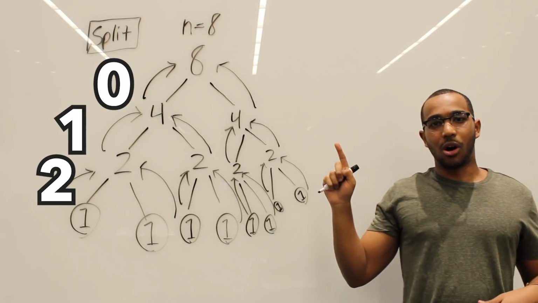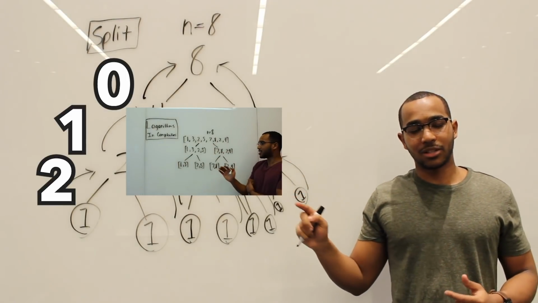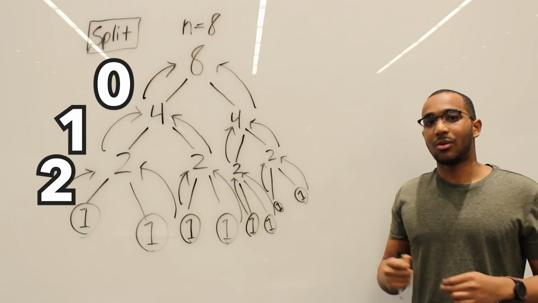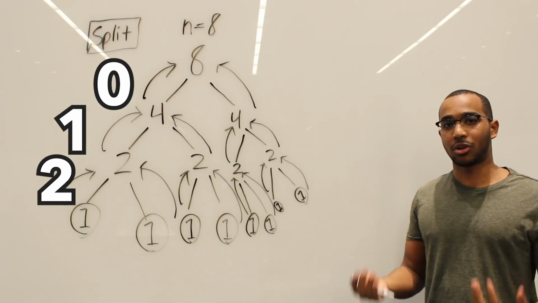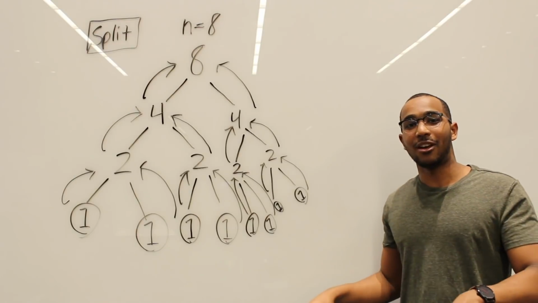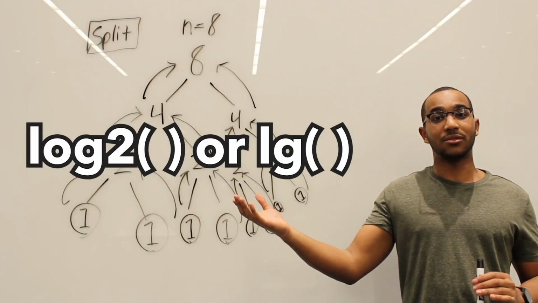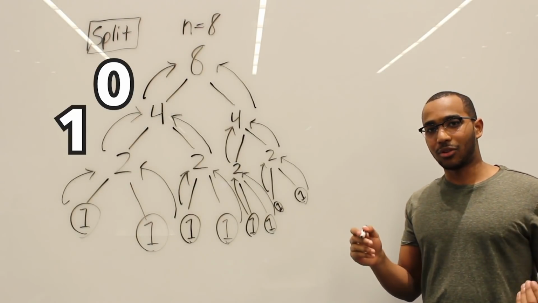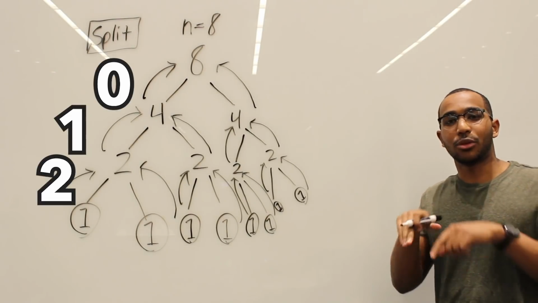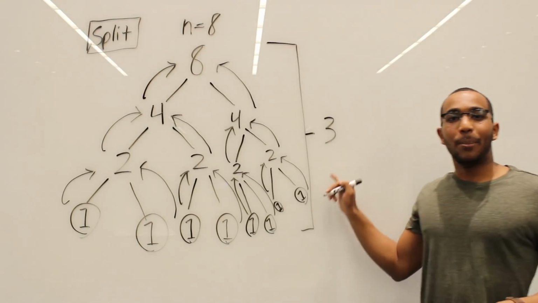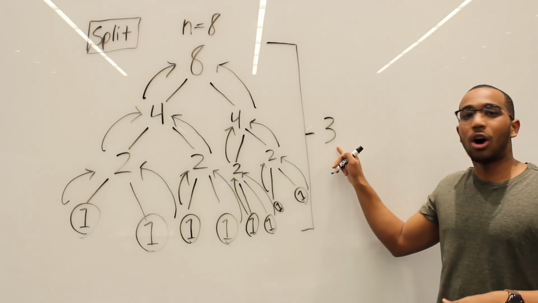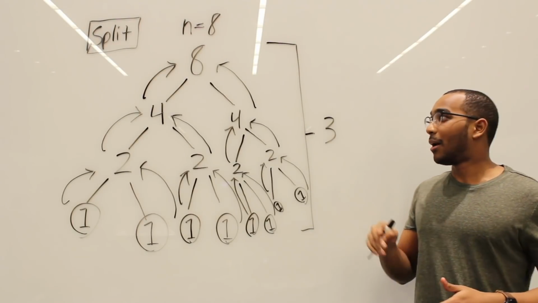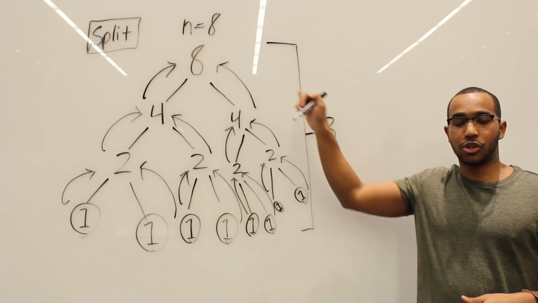This is why I made a video on logarithms in computer science. The understanding you need to have about a logarithm can help you a lot when analyzing something like this that's recursive and has cutting in half, which is what a log base 2 achieves. So what we see here is that we're going to have 3 levels of splitting, 3 levels of chopping things in half. But that's a problem. I don't want to be concrete anymore. I want to be literal with what I'm doing. I want to have this as a function of n.